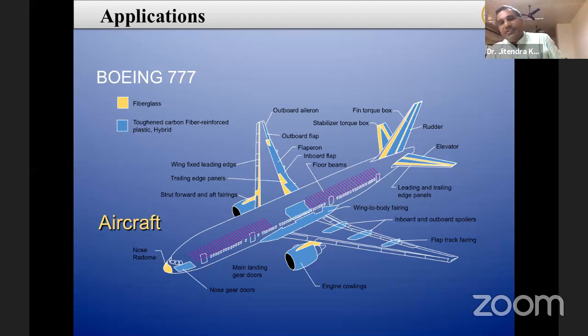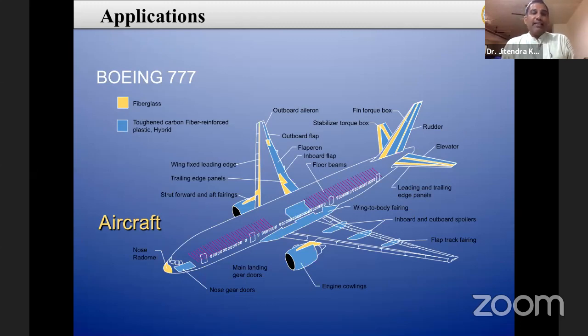So testing of each and every composite material, which test is required, that is very important. So the selection of the mechanical test, the selection of the physical test, what type of environment you want to use that particular material in. If you select this wisely, then you will get a good result at last.